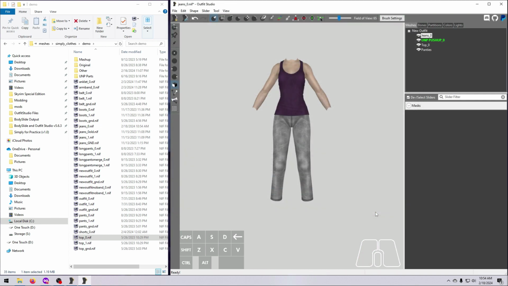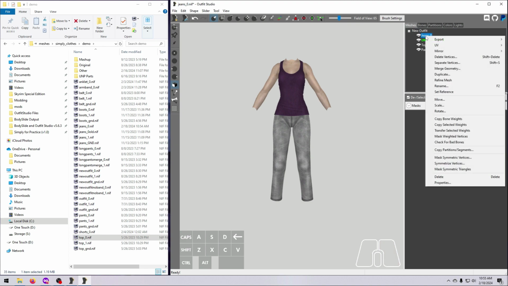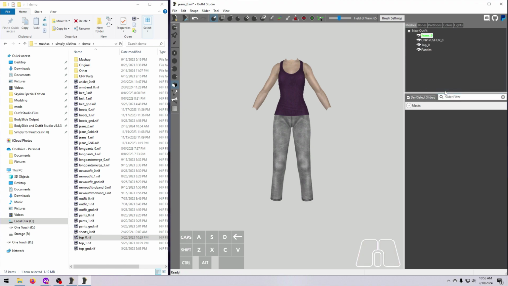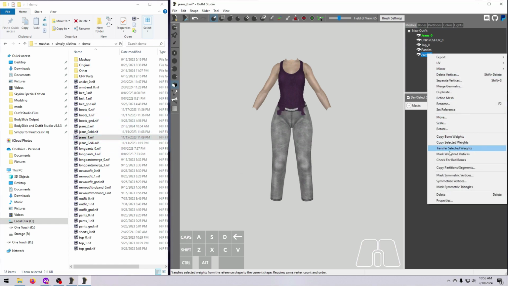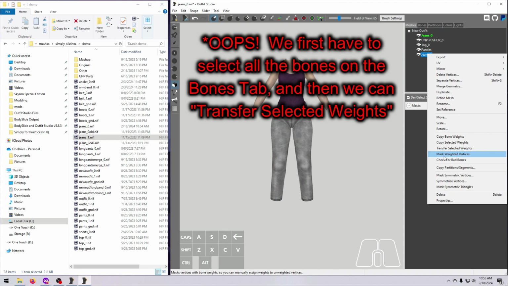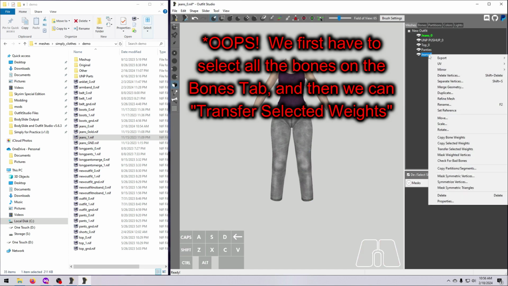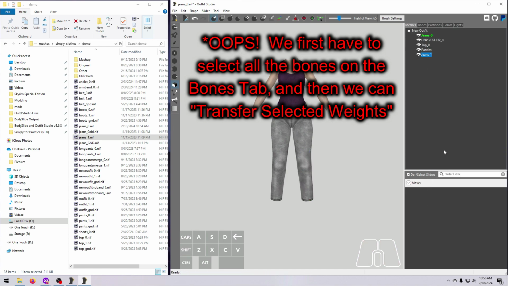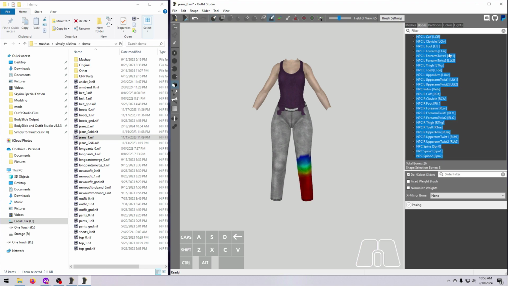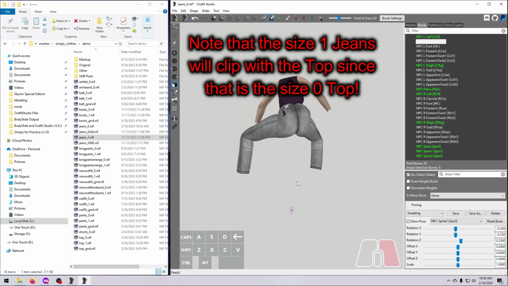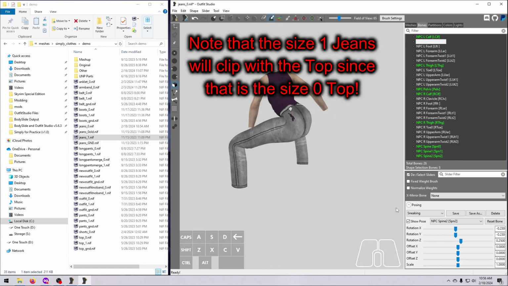jeans_0.nif. Now we will transfer the bone weights to the size 1 jeans so that they match. First, set the size 0 jeans as the reference by right-clicking on it and choosing set as reference. Then bring in the size 1 jeans, select it, right-click, and choose Transfer Bone Weights. Have a quick look at the Bones tab to make sure it looks correct. Try some poses if you want to double-check that all is working well, and then export the size 1 jeans